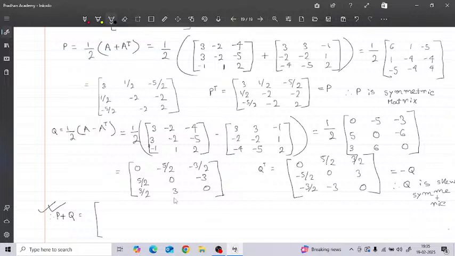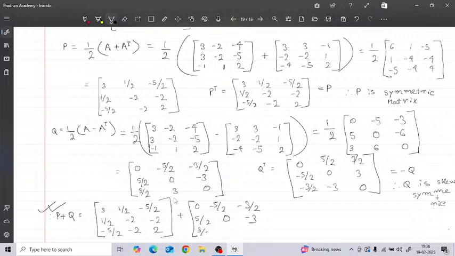P plus Q is equal to P, which is [3/2, -5/2, 1/2; -2, -2, -5/2; -2, 2], plus Q, which is [0, -5/2, -3/2; 5/2, 0, -3; 3/2, 3, 0]. If we add them, we will get: